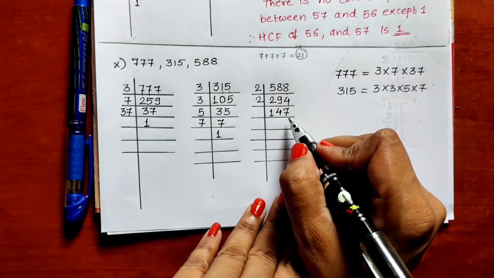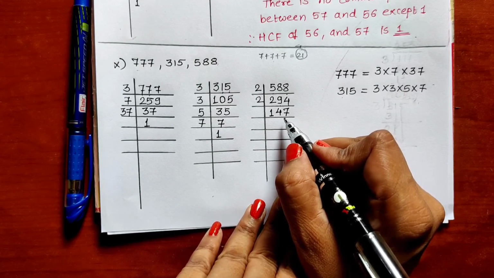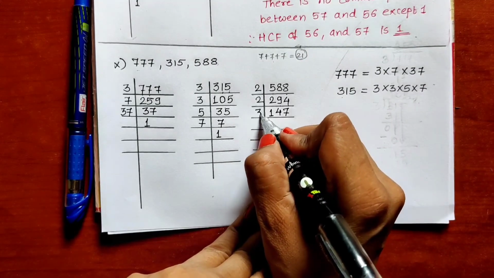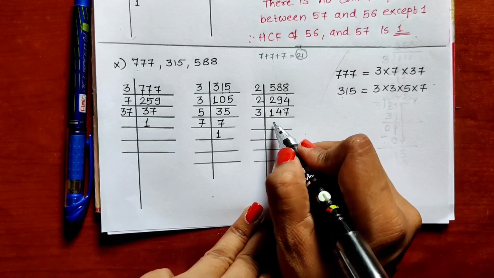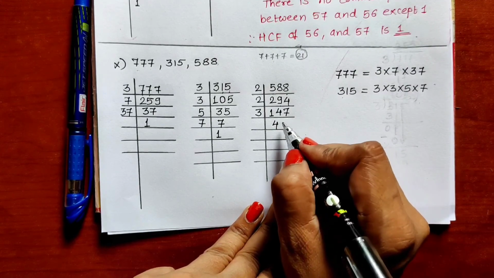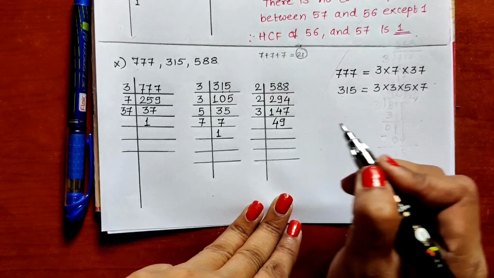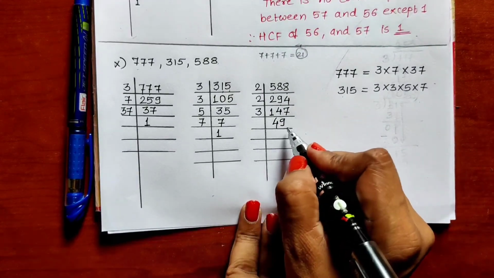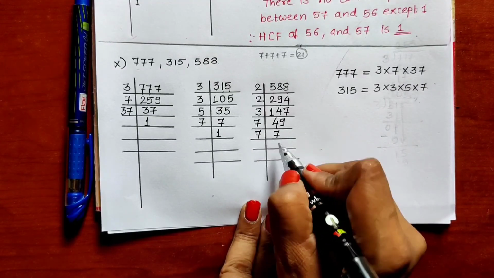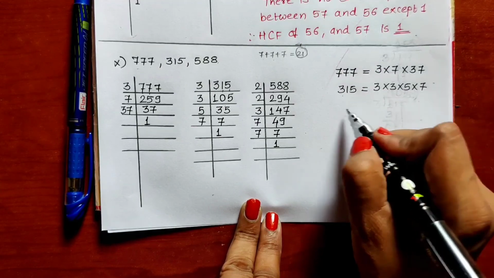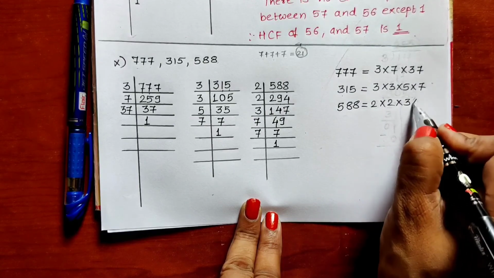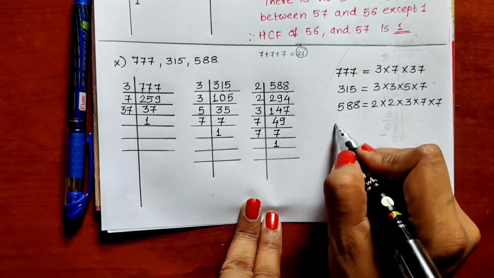7 is in the unit place. This is an odd number. Let us check the divisibility by 3. 1 plus 4, 5. 5 plus 7 is 12. 12 is in the table of 3. That means this number is divisible by 3. 3 4s are 12. 14 minus 12, 2 remaining. This 7, 27. Okay. 3 9s are 27. 49 we have got. We know 49 is directly divisible by 7. 7 7s are 49. And then 7 ones are 7. So in this way we have got the factors of 588 as 2 into 2 into 3 into 7 into 7. Now let us find out HCF.